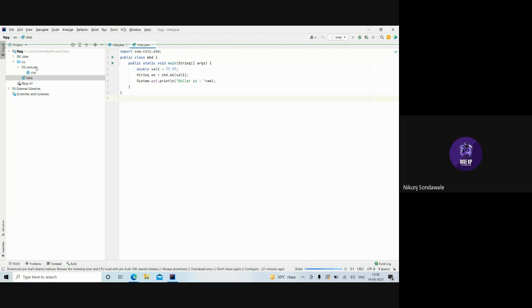We have seen the Arrays class, which we used in the previous unit.